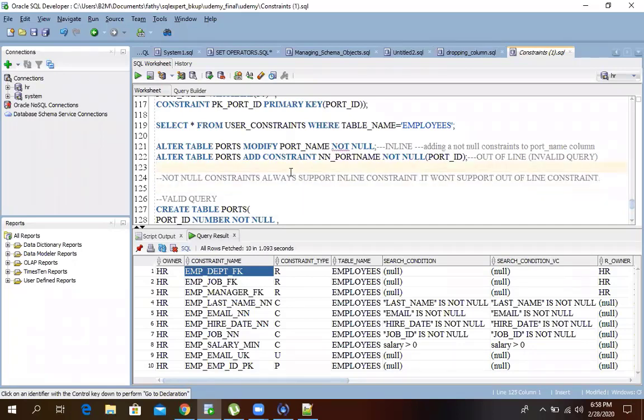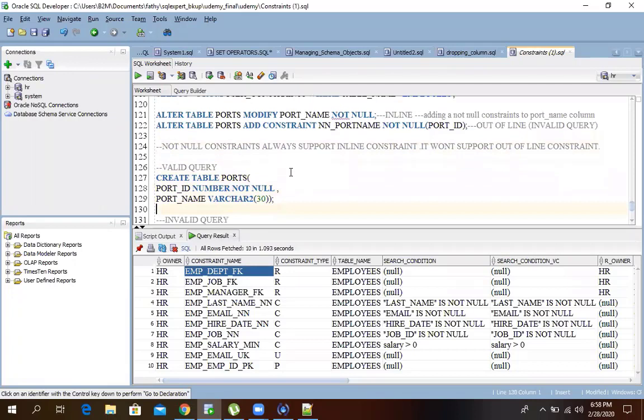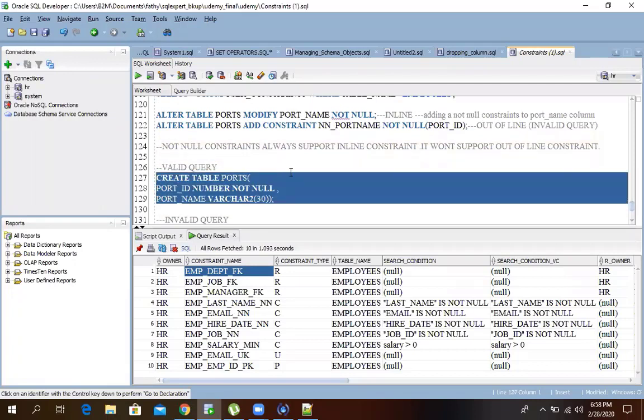Okay. For example, now just tell me, is this an inline or out of line? Herman, can you tell me? Is this query inline or out of line? It's inline. How?